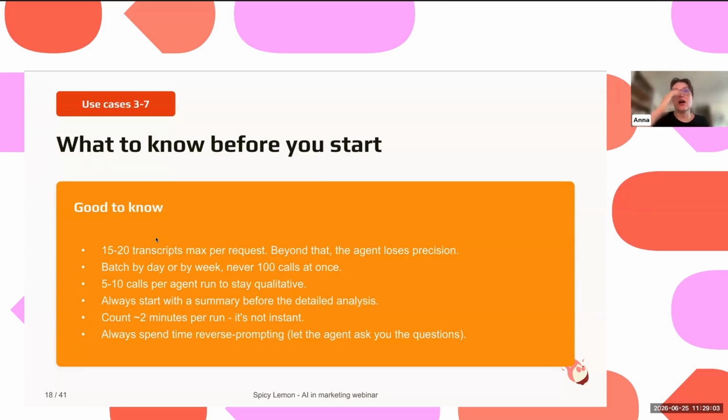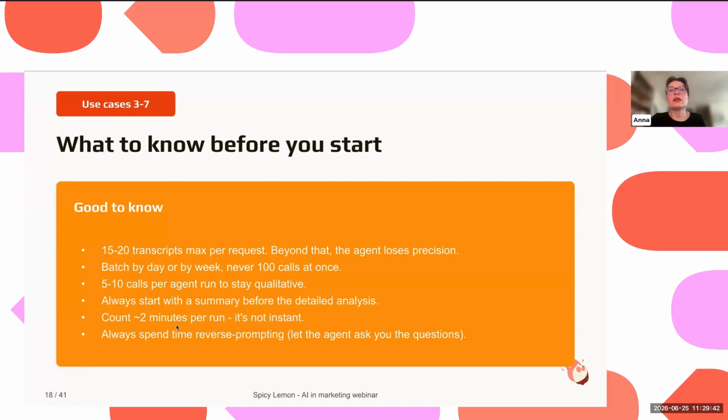Volume always counts. It's better to do those batches by week and not by month, because otherwise you may have too much data. Once again, AI is like a junior profile. If you take a junior or every single human being and throw at him 1,000 documents to read, he will read very carefully the first 10, then just read slightly the next 20, and completely forget the rest. So the more data you give to an LLM, the more it's going to get lost. This is why it's better to do it in smaller batches, to really ensure that it will have enough data as well.